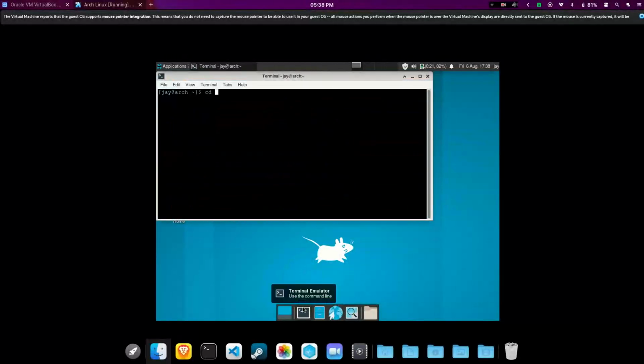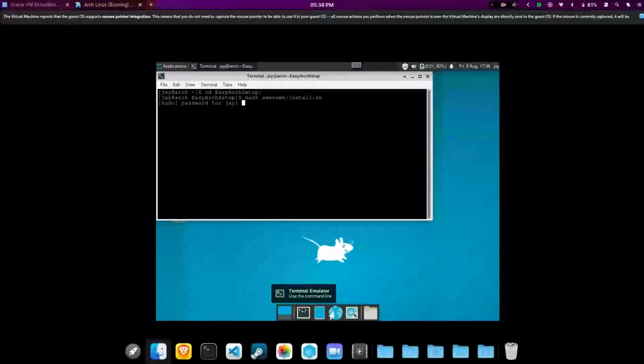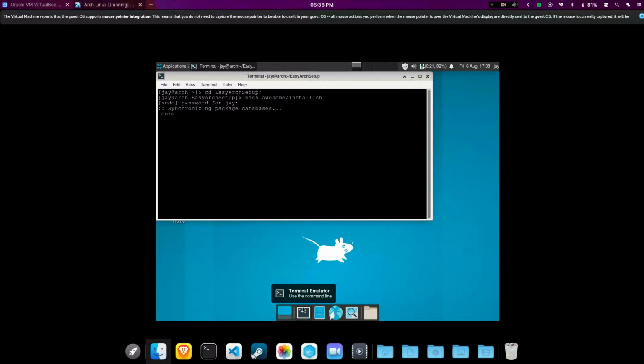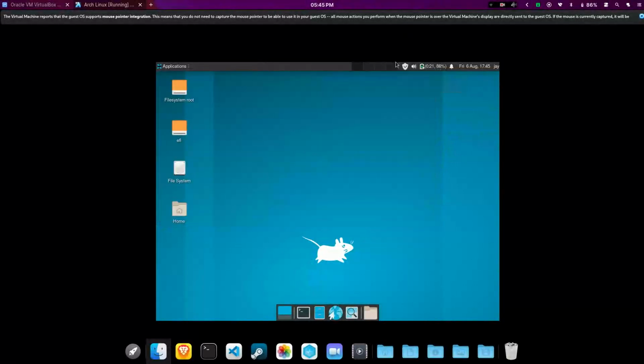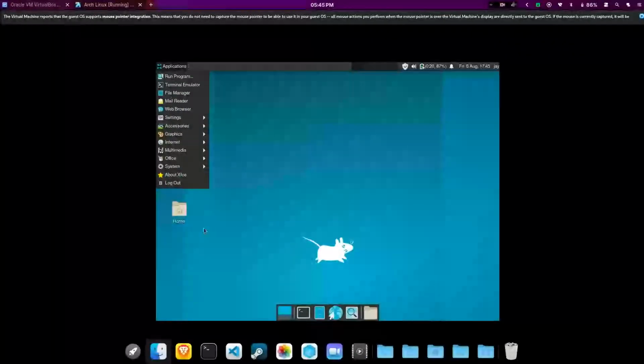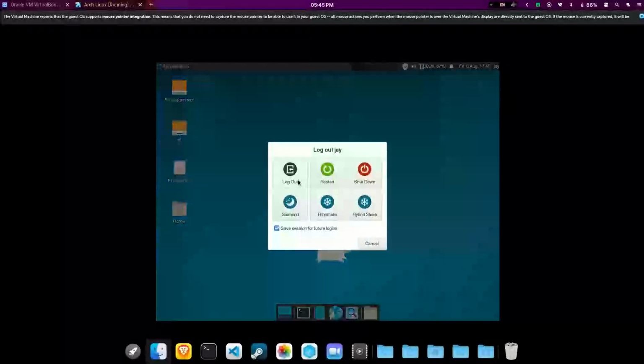What we can do is first we go to our directory, and then we can bash awesome install. We can just get our awesome configs ready. Then we will log out from the system and enter WM. Now we can just log out of this machine and we will see our awesome WM. How to now, I don't really know, I'm not so familiar with XFCE. Okay, so this is the logout button. Logout.